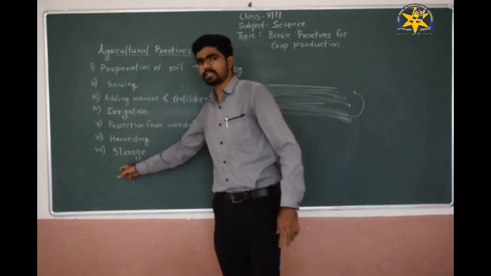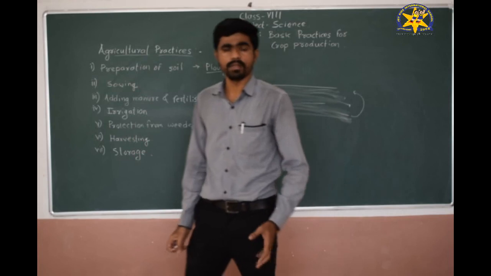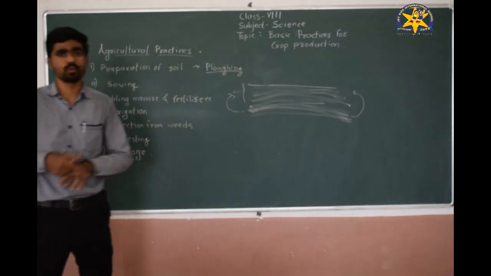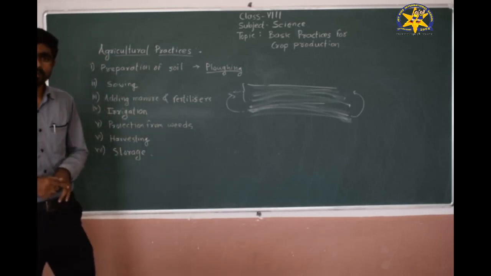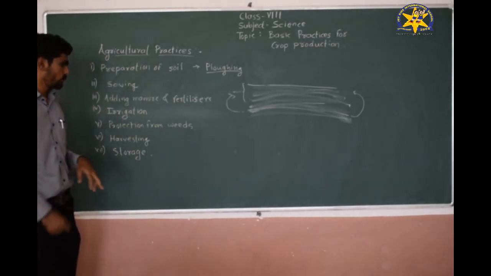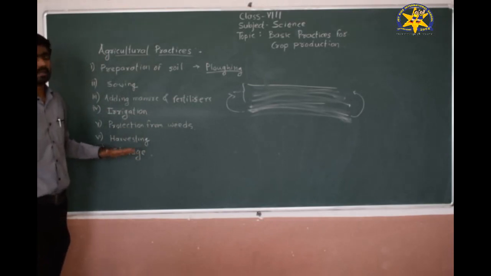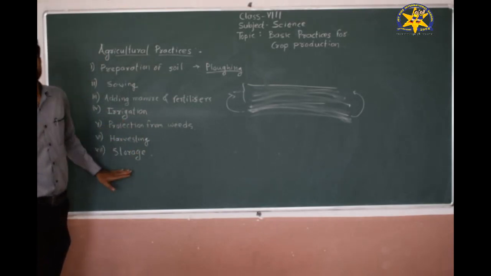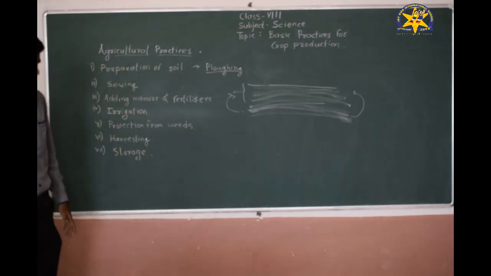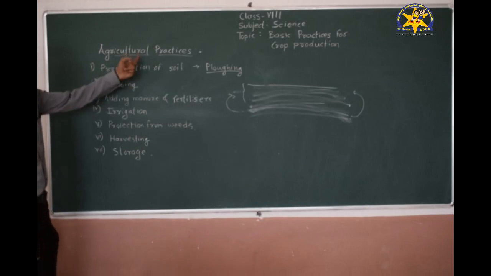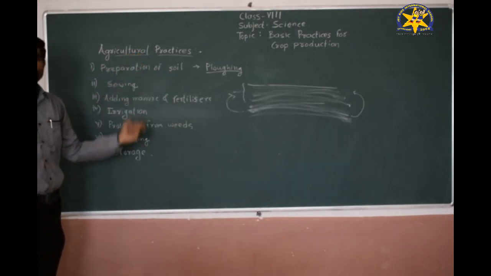And the last step of these agricultural practices is storage. When we have removed the crop, it is necessary to store it properly. Otherwise, the grains might get spoiled. The food might get spoiled. So to prevent it from spoiling, we need to have some different mechanisms for storing the food in our farm as well as at a certain place. So, storage. These are all the stepwise agricultural practices that we are going to learn in this unit.